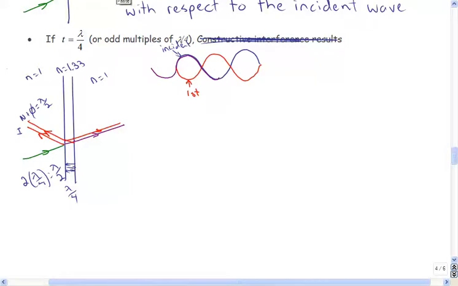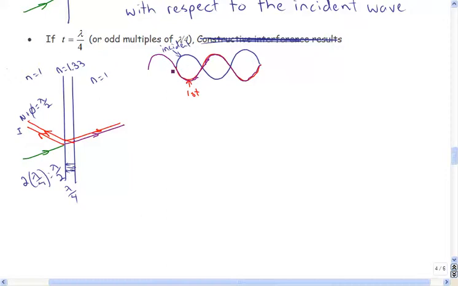I've done something silly here. So it's going to have the same phase information as the incident wave. So it's going to start going positive like the incident wave, but it's traveling a half lambda farther. So then once it's traveling together with the first reflected wave, now I look at the phase